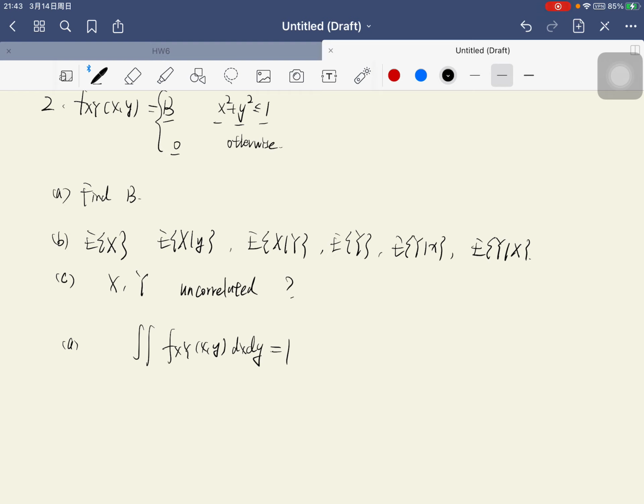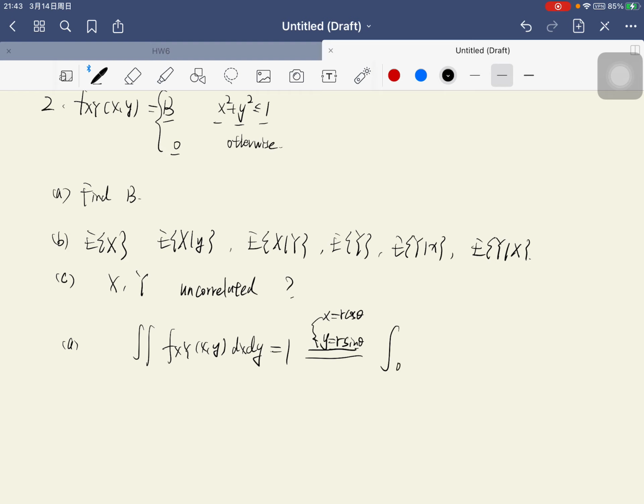Because x^2 + y^2 is like a circle function, we can let x = r cos theta and y = r sin theta, and it is equal to